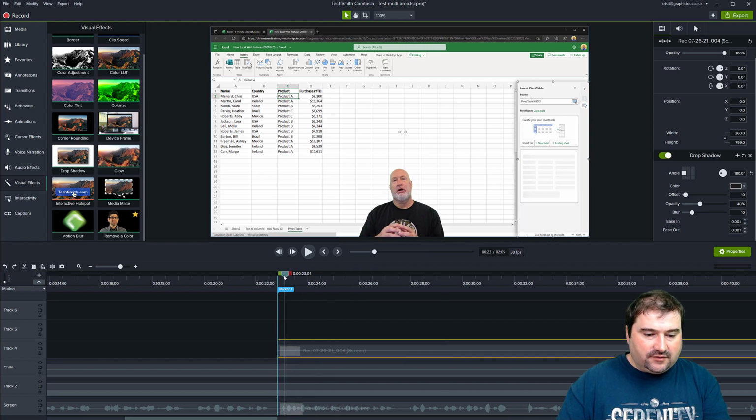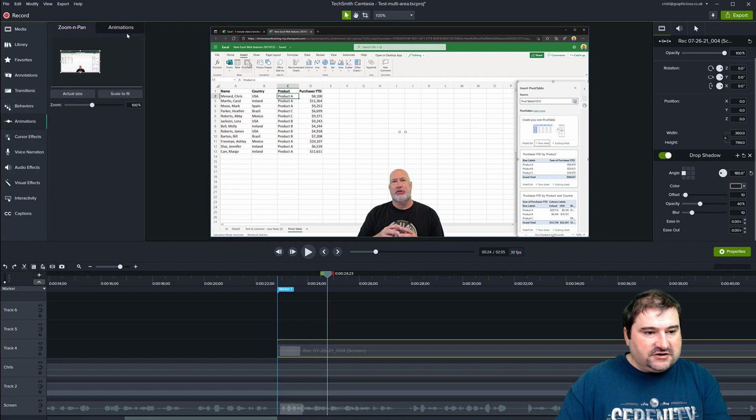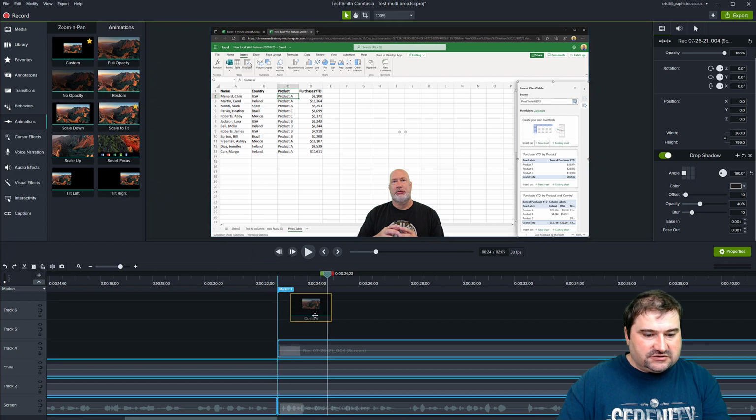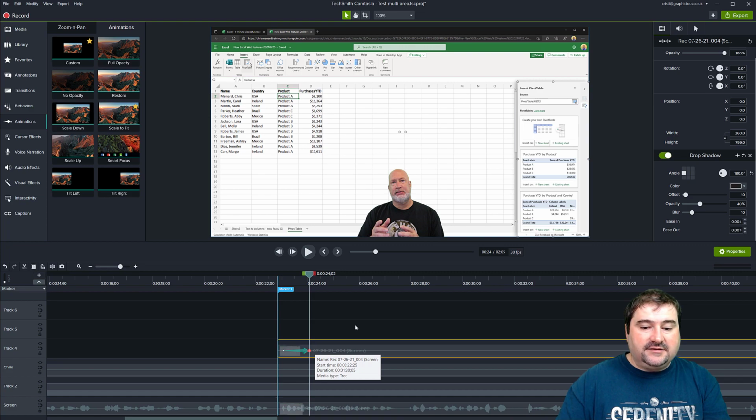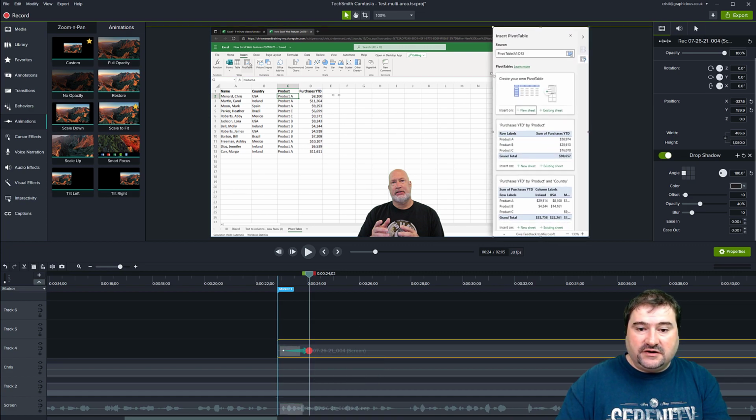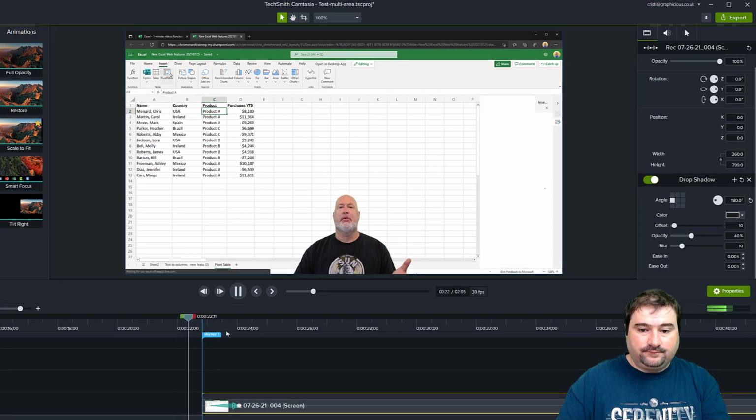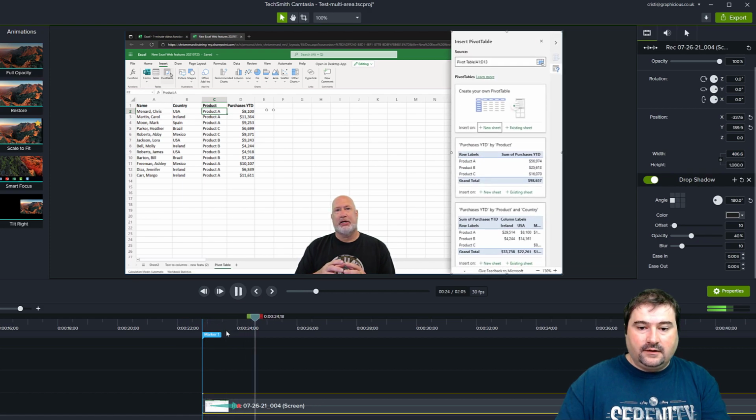So I can go in here with my playhead and add an animation right about here. I'm going to go to animations, custom animation, and put that animation at the very start of the clip. Then here I'm going to zoom, make it larger like that. This is the area I want to emphasize. Now let's see what happens. If I go in here and look over at the right hand side, you can see that information has appeared on screen and then become larger, because that's what I want to show here.